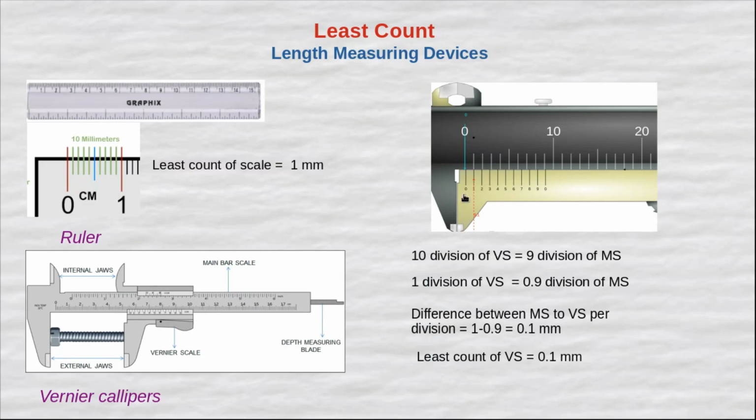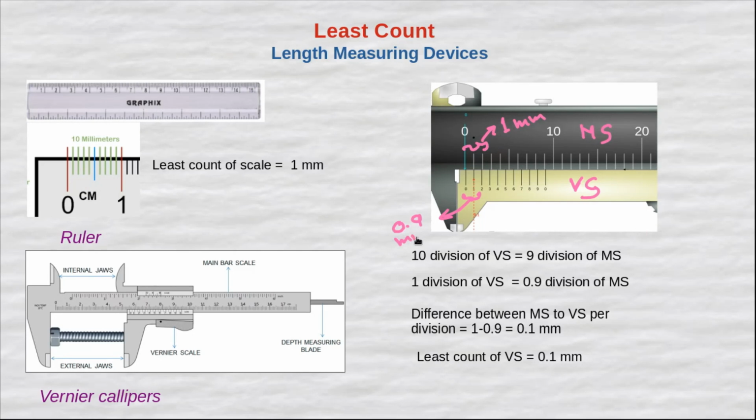first gap of the vernier calipers, this is the vernier calipers, this is the main scale. This complete instrument is called the vernier calipers. This is the main scale, this is the vernier scale. Okay, so this vernier scale's first gap has a dimension of how much? This is 0.9. And this is how much? This is 1 mm.